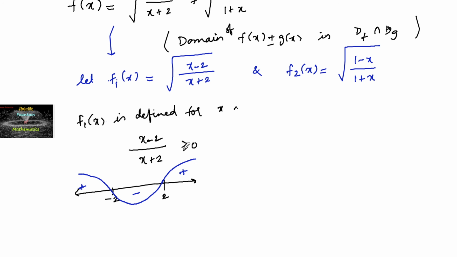And since we require x minus 2 upon x plus 2 greater than or equal to 0, in the numerator x minus 2 means 2 can be included. So we take the positive regions, minus infinity to minus 2, where minus 2 should not be included, so we use open brackets, union, and again 2 to infinity, where 2 can be included, so closed 2 comma open infinity. And then f2 of x,